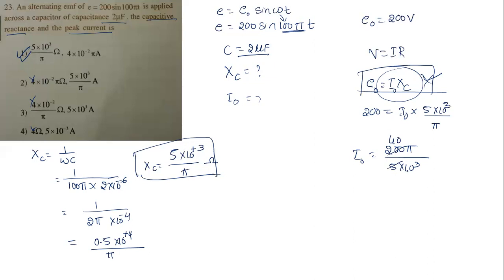So it is going to cancel one time. So it will be 4 into 10 power minus 2, because here 10 power minus 2 will come in the numerator 5. That is ampere. So it is what now? I naught. So that is the option you got. So what is the correct answer now? Correct answer is option number A, the first option. Okay. Let us go for the next question now.